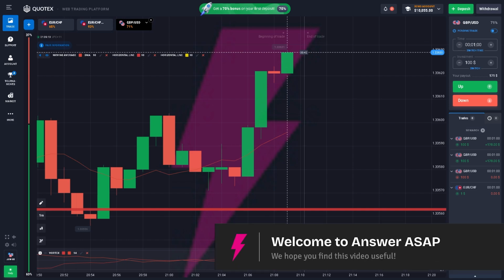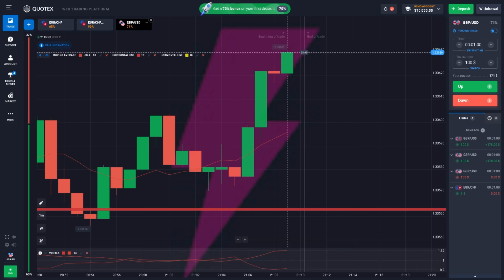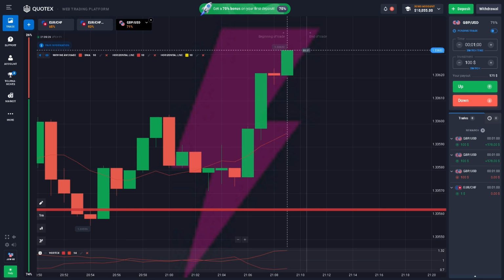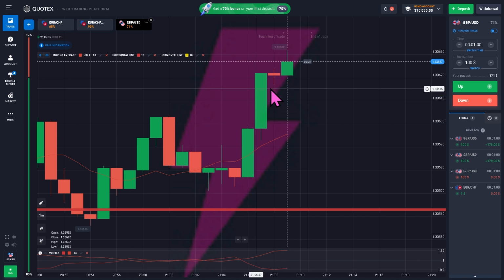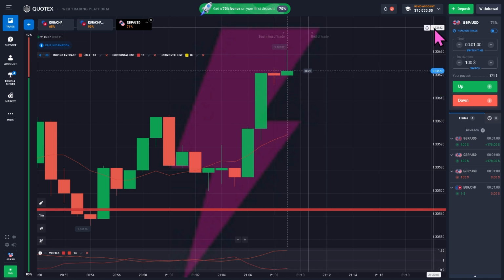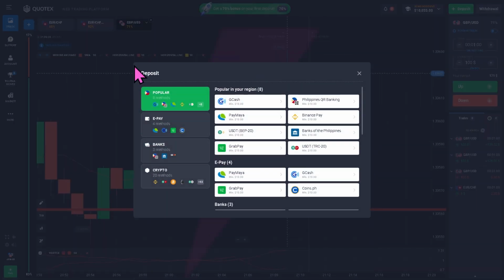In today's video, we are going to show you how to deposit money into your Quotex account safely and quickly. Let's begin. Now, the first thing that you need to do is log in using your credentials, and then on the top right corner, you will notice that you have the deposit button. I want you to click on it because this will take you to the deposit page where you can choose